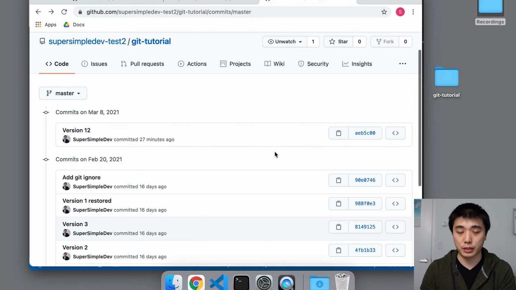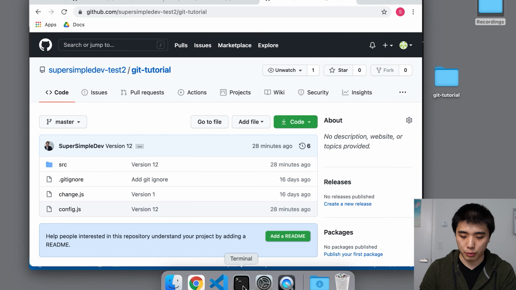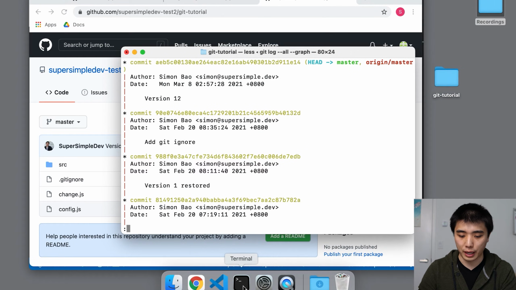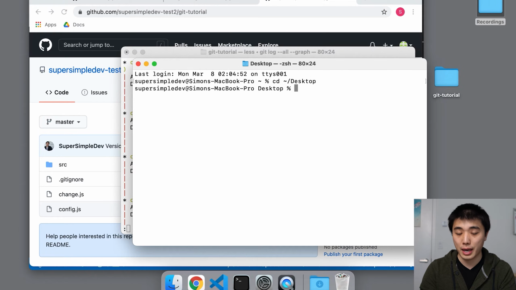To set this up, we are going to pretend that we are on a different computer. To do that, we are just going to re-download our GitHub repository into a different folder. First, let's make sure that we are in the root of our GitHub repository. We're going to open our command line, and open a new window. Then we're going to change the directory that the command line is running in to our desktop. Now to download a copy of our Git repository from GitHub, we're going to use this command, git clone. This is going to clone or copy our GitHub repository onto our computer.